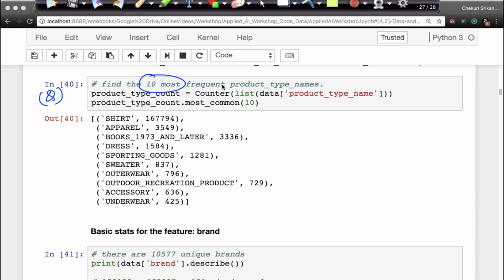So that's again very, very simple code. It's just 2 lines of code, right? It's extremely simple. Now with these 2 simple lines of code, I can get the top 10 products. Of course, the topmost product type here is shirt. The second topmost product type is apparel. Remember, there is a huge difference here. This is 167,000 and this is 3,500,